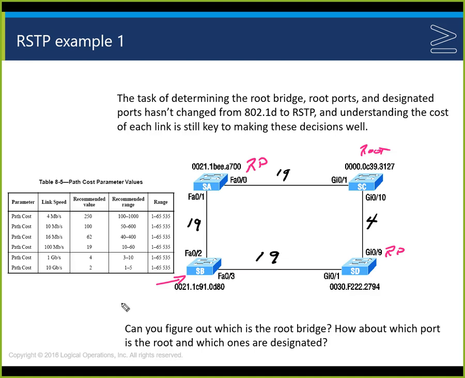Which one's the lowest cost to the root bridge? FA02 or FA03? 03. So this will be the root port. And the root port's going to go to a designated port, and this will be a designated port and a designated port. Now on this guy,